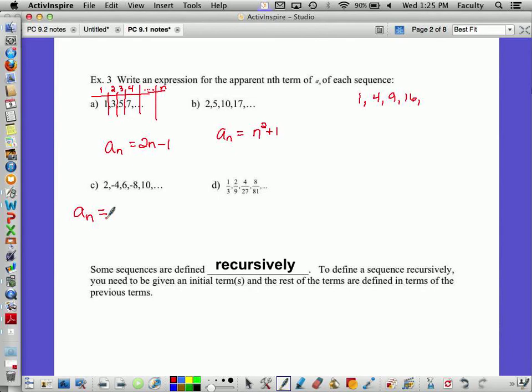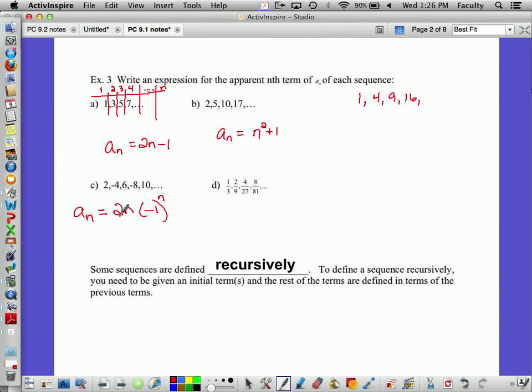Well, how do you get the 2, 4, 6, 8, 10? You should be able to tell me that, right? 2n. Okay, that's 2n. And then we need the signs to alternate. But if I do an n, it makes it negative 2 and positive 4. I don't want that. So what could I do to the exponent